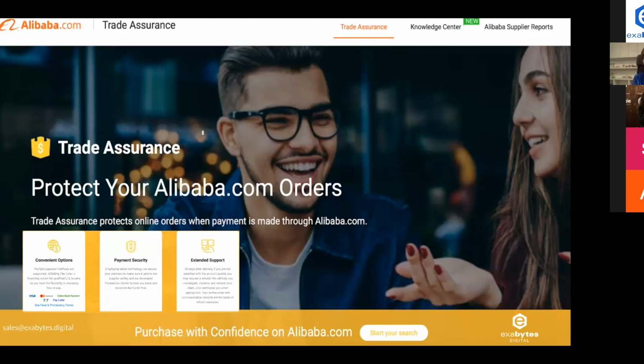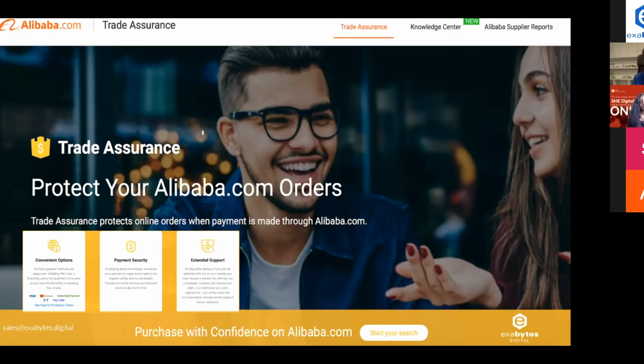And also Alibaba acts as a guarantor, and they also act as loan providers for those traders that trade with the trade assurance. We call it trade confidence in Malaysia. So if you enable this feature, you don't need to have the buyer account. If you want to source, you request your buyer, please enable the trade assurance or trade confidence. Then you can start trading.